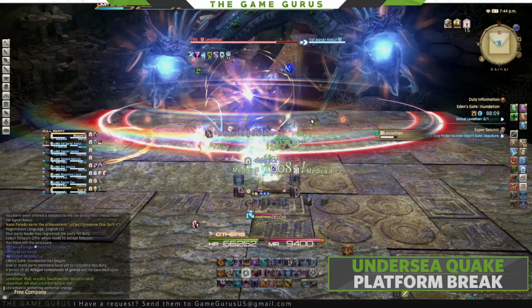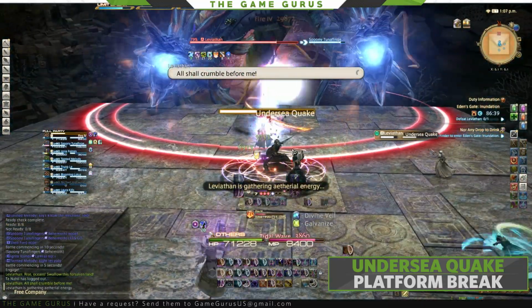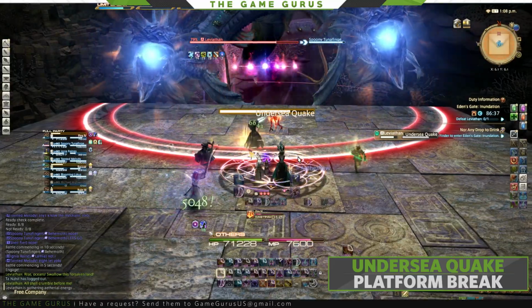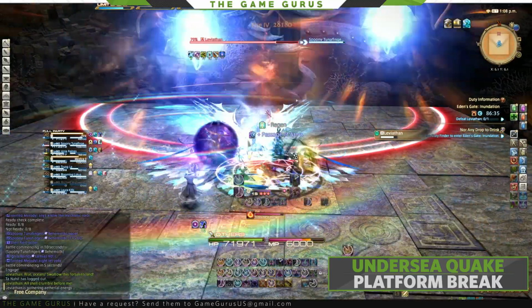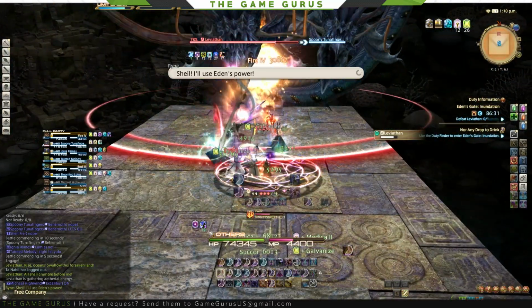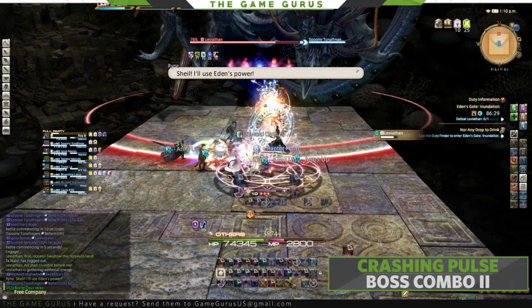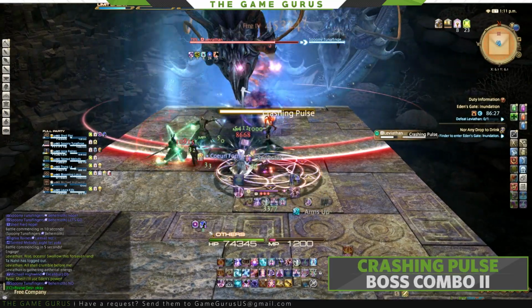Leviathan's heads will split far apart and their mouths will glow blue. The first time he uses this ability, players will need to move to the center to avoid being hit on the outer edges. If you do happen to be on the outer edges, the floor will disappear and you will fall to your death. From here, the boss will cast Crashing Pulse, which is similar to Drenching Pulse, and will